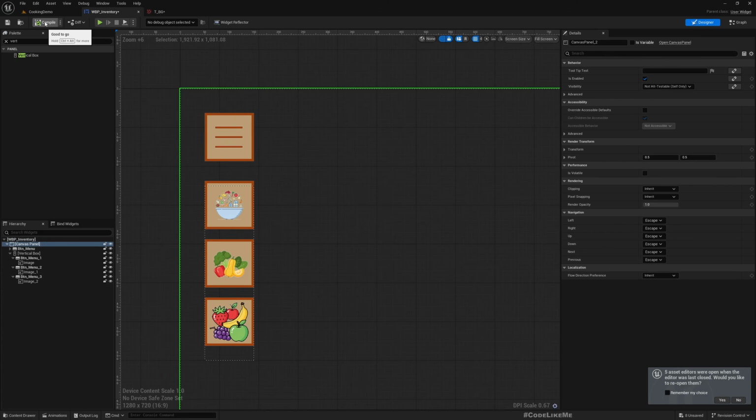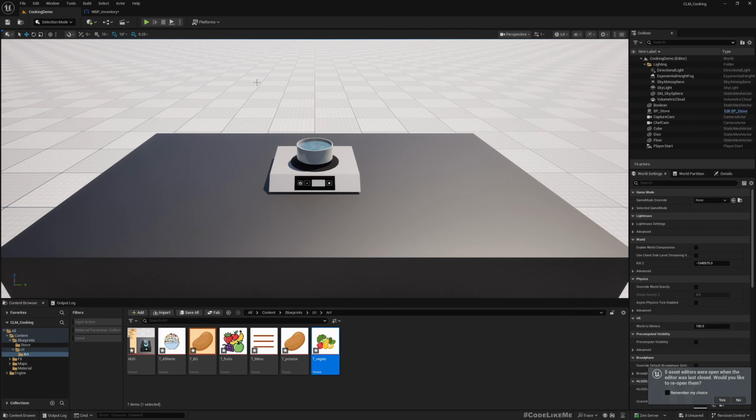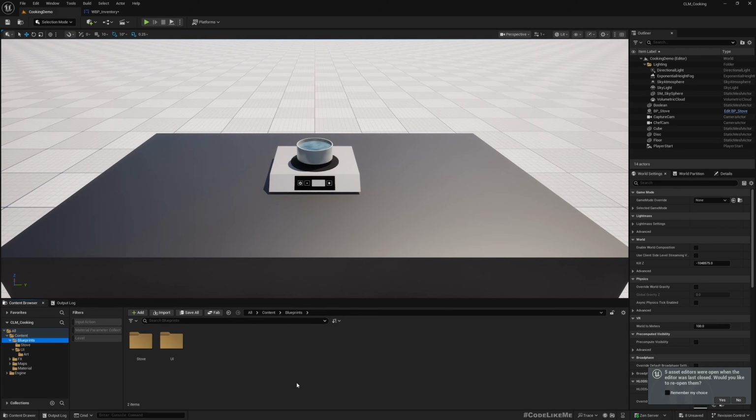Now to get an idea, let's add this into our game and see how it looks. So for that, under blueprints, let's create a new folder. Import, because I need to have a custom HUD here. Right now the game mode override is not set, so I don't have any custom HUD. So UI here,